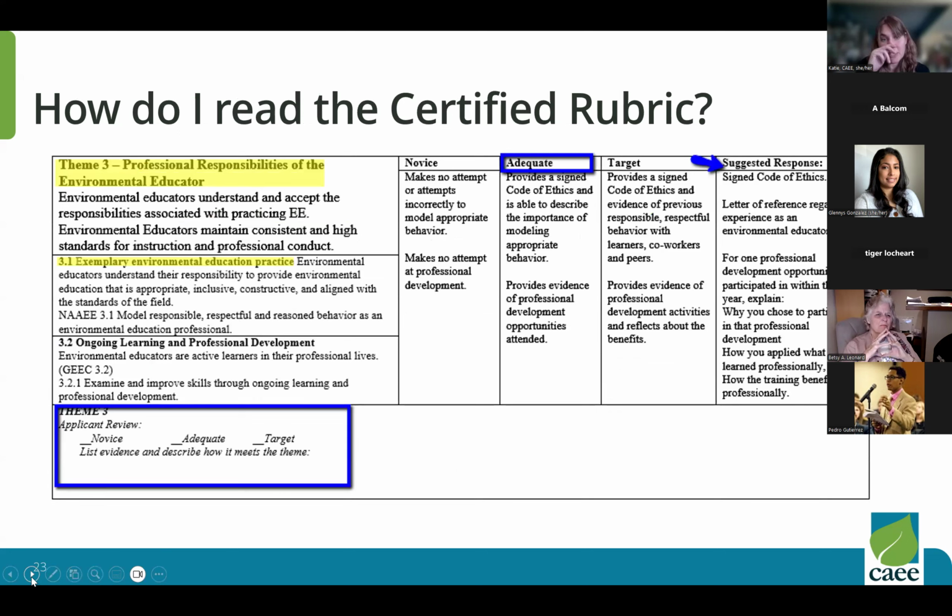The certified rubric looks very similar. You will see the difference in this rubric. When you look at the competencies, the columns are not connected to each individual competency. They're connected to the theme as a whole. So even if a competency is listed on this left-hand column, you don't necessarily have to provide evidence for every